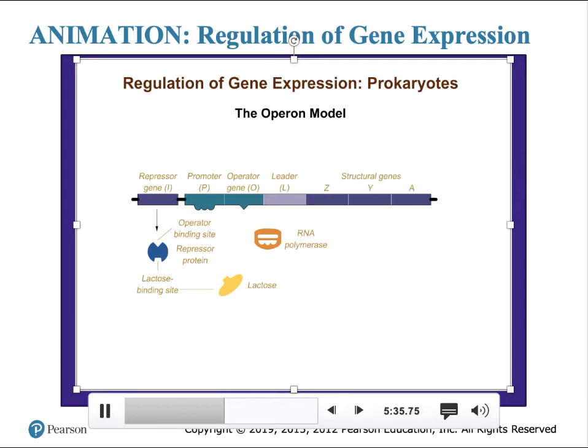Lactose, the inducer. This diagram depicts the Lac operon, which contains the structural genes Z, Y, and A, as well as a promoter and operator. The Lac-I gene encodes a repressor protein, which contains binding sites for the operator and for a lactose molecule. The presence or absence of lactose determines whether the Lac repressor can bind to the operator site.